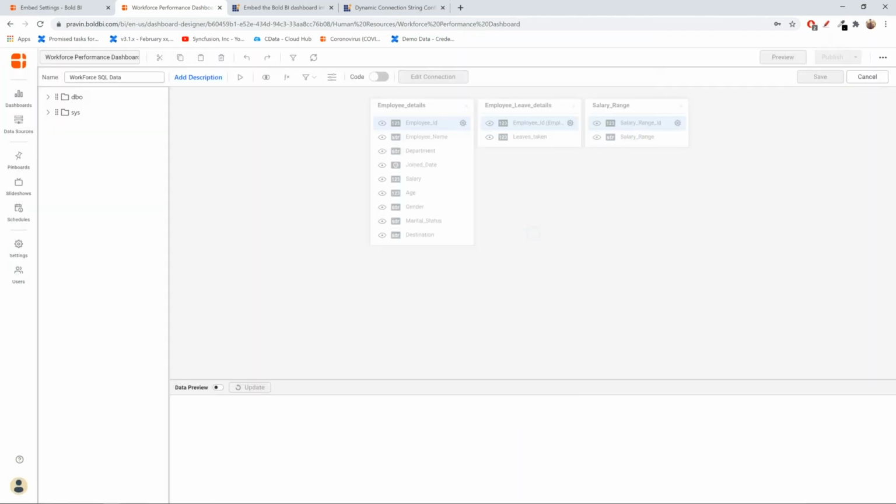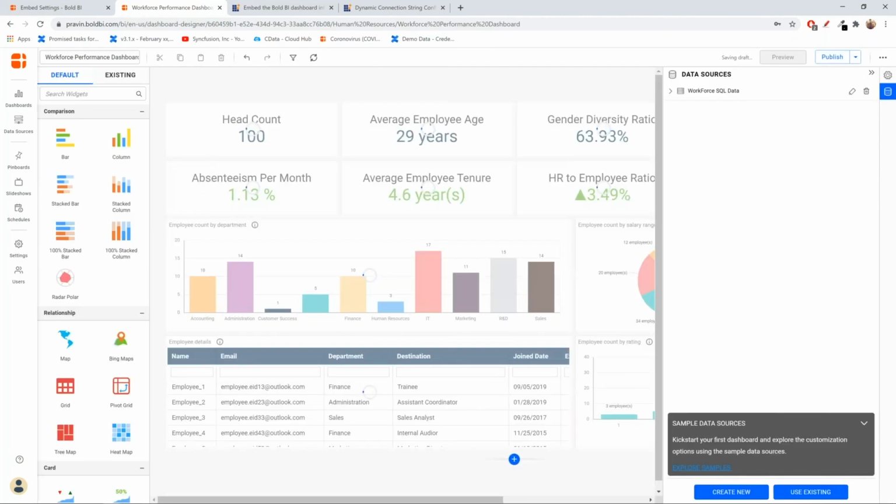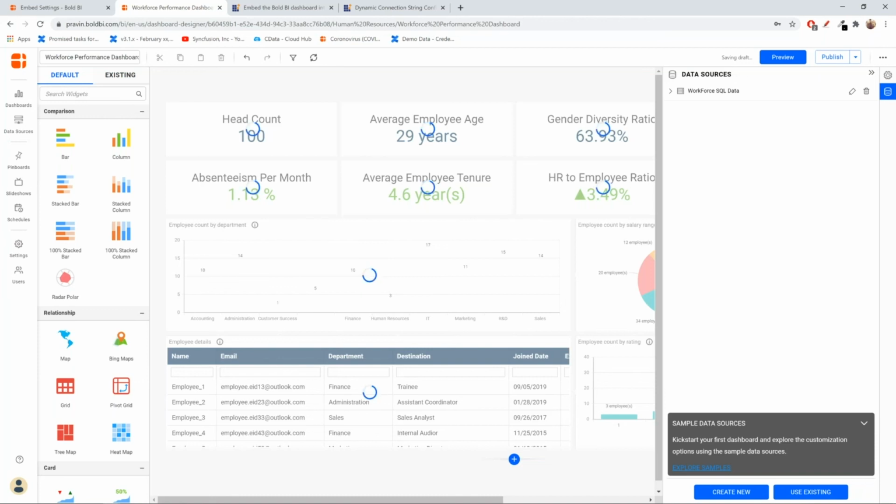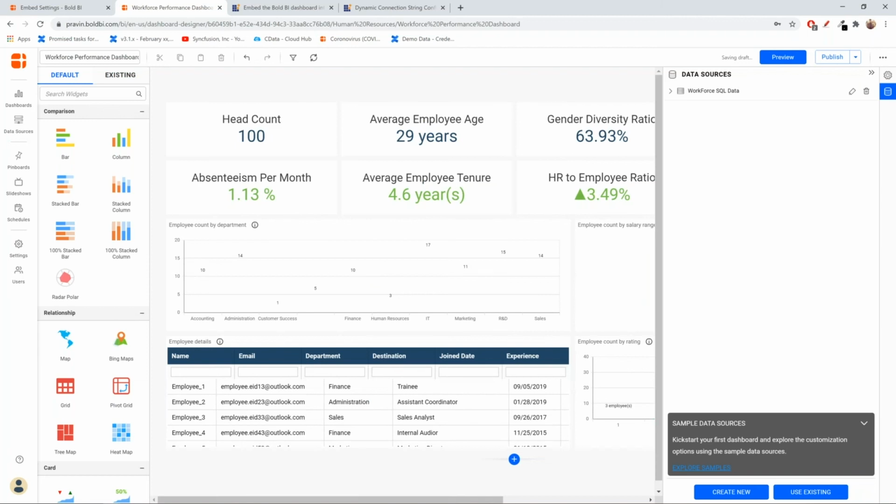Okay, so now you could see the data source is successfully configured. So based upon the logged in user, the connection is going to dynamically switch, and it could even be a completely different server or just a different database in the same server. The connection is going to switch, and the appropriate data will be loaded for them in the dashboard.